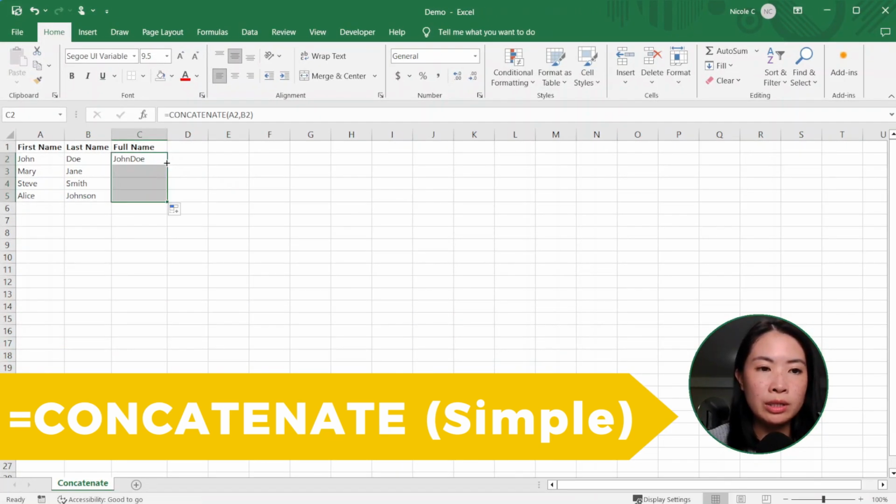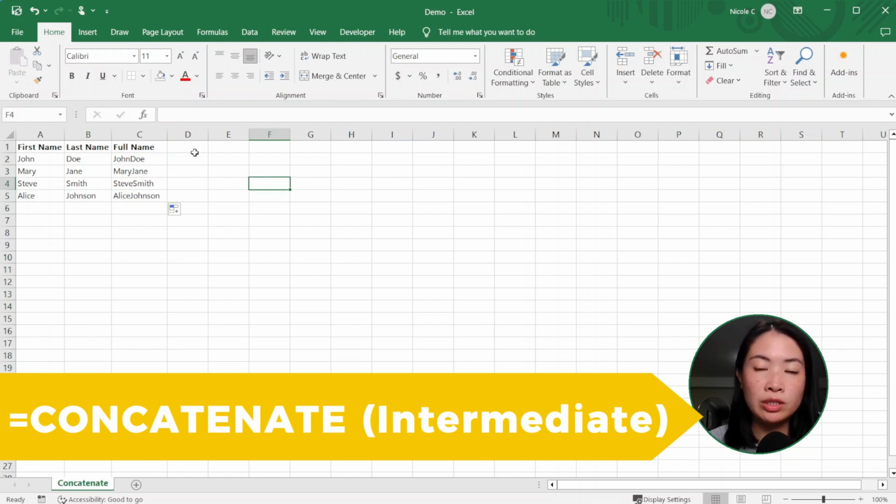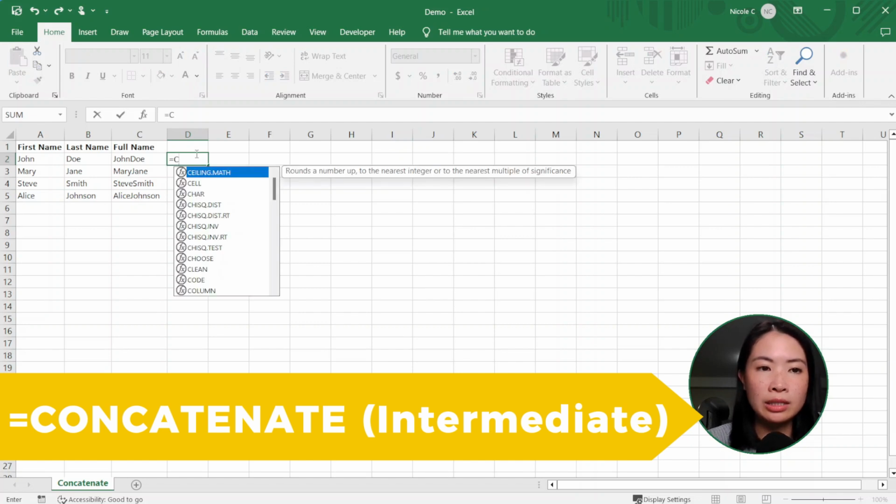If you copy this all the way down, it will copy the formula so that it takes into consideration any row from column A and column B and combines them into column C. Now let's say we want to add a space between each of the first names and the last names. What you can do is create another CONCATENATE formula,